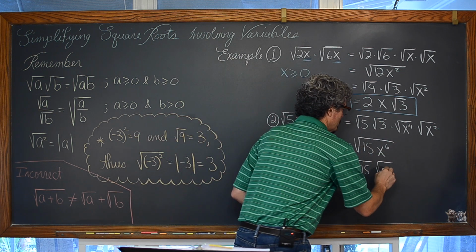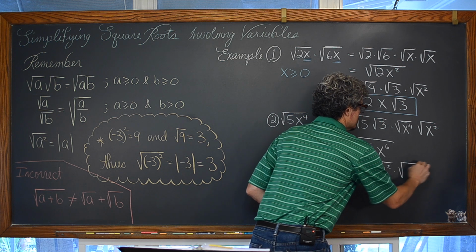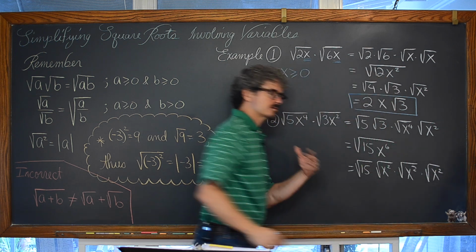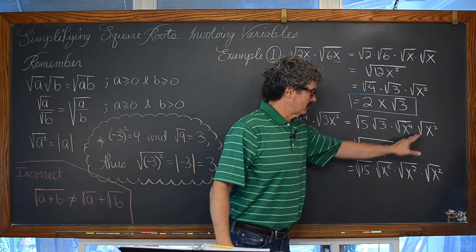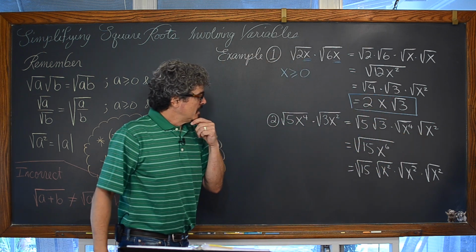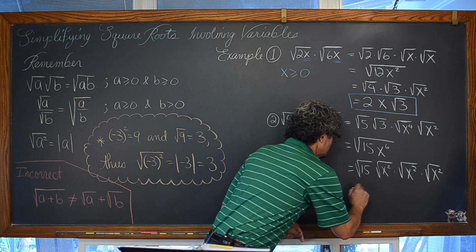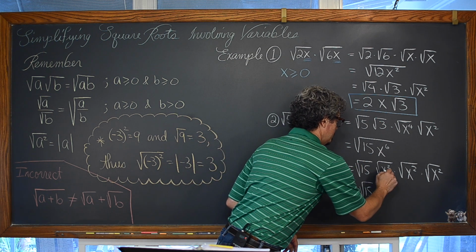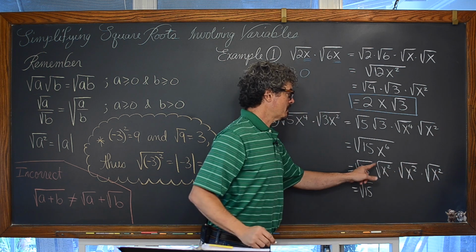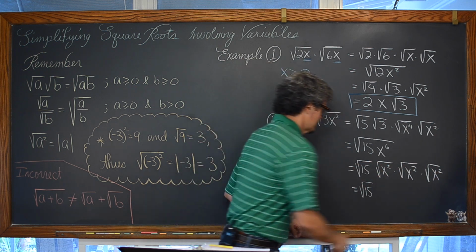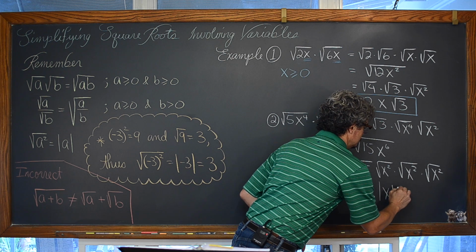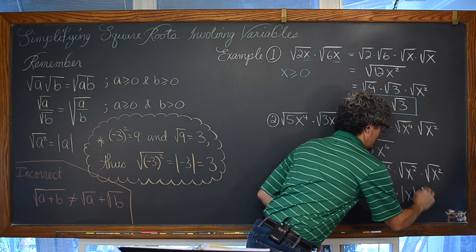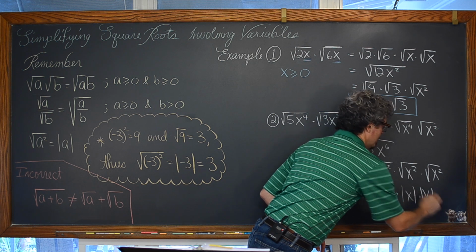So x to the 6th can be written as x squared times the square root of x squared times the square root of x squared. There are other ways to write this out that don't make it look like I'm going backwards. But at any rate, we have the square root of 15 in each of these, and each square root of x squared acts as an absolute value function. So we have the absolute value of x times the absolute value of x times the absolute value of x.